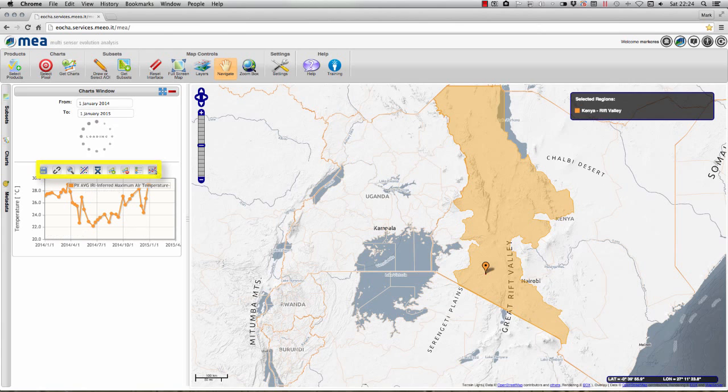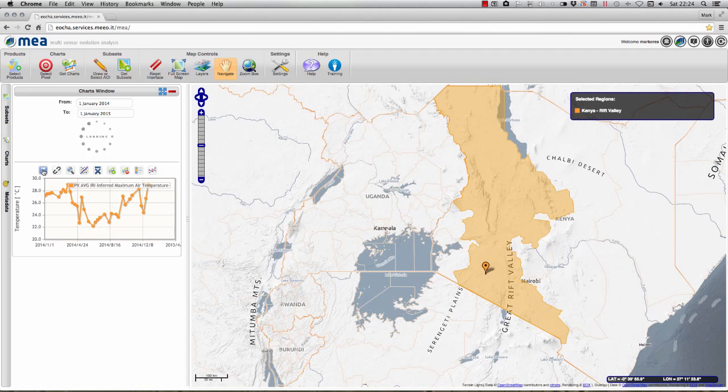And there are a number of different buttons along the top here. The first one is to plot a line in the chart without and with. The default is with. You can switch on and off the legend. You can remove the chart as you could remove the raster data in the earlier example. You can set average line parameters, regression line parameters, change the zoom, and of course if you want to just